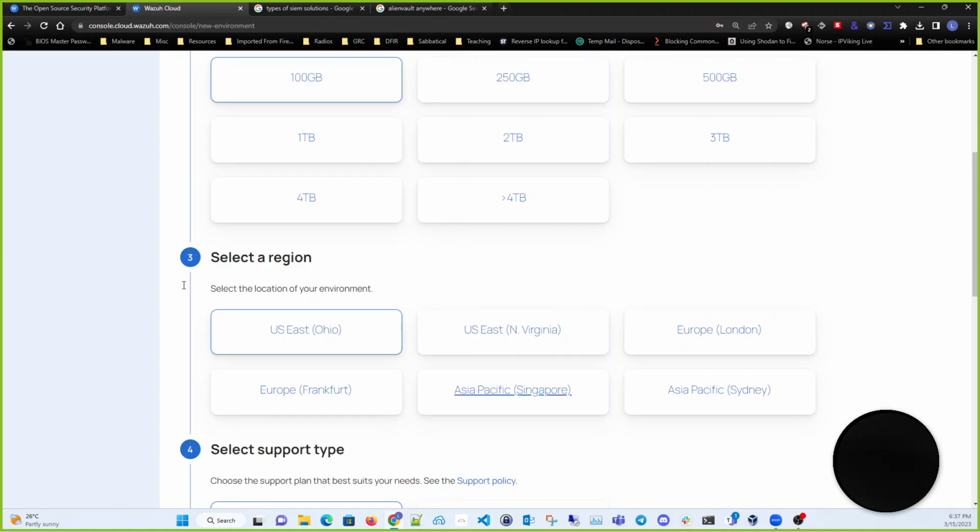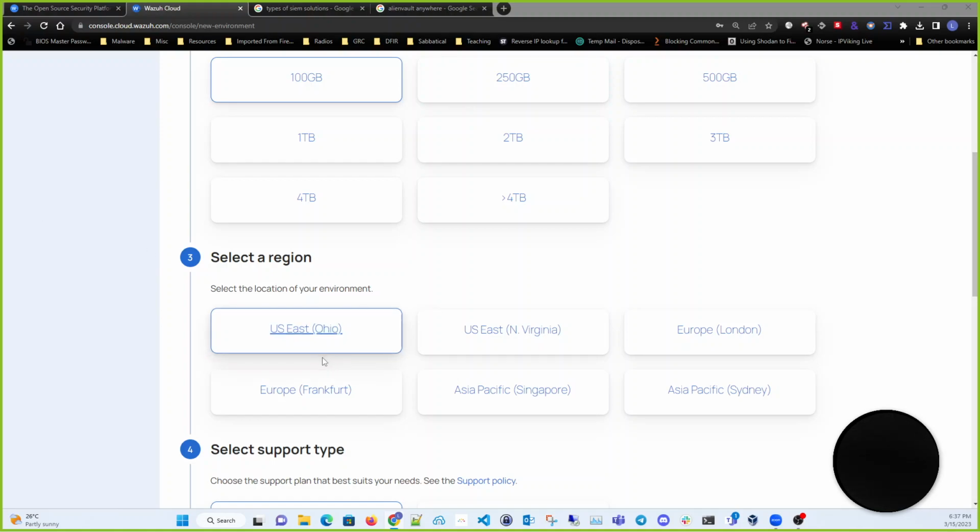Which region should we go to? I'd like to hear your thoughts on your thought process behind which region we should select. Do you want to go with Ohio, Europe, Asia Pacific, London? Which one do you think is the most ideal? Lorette,